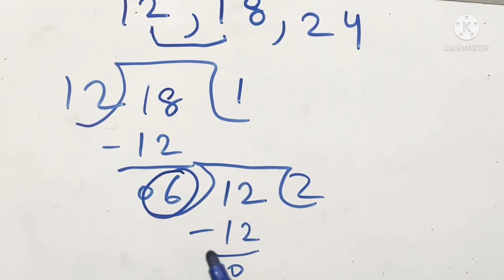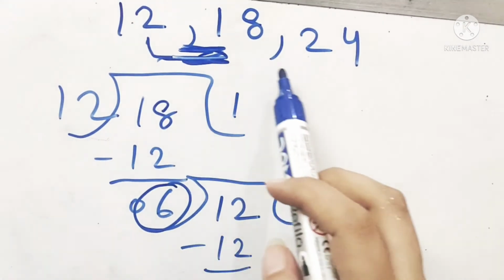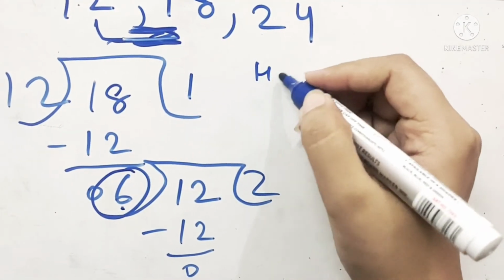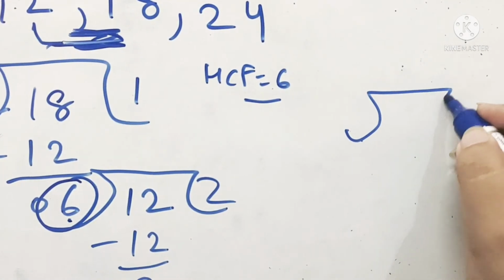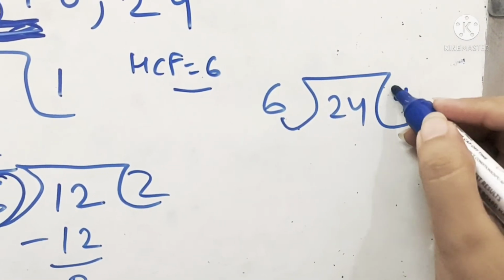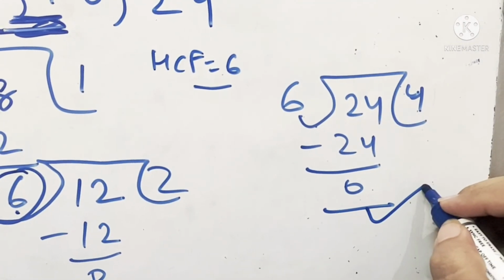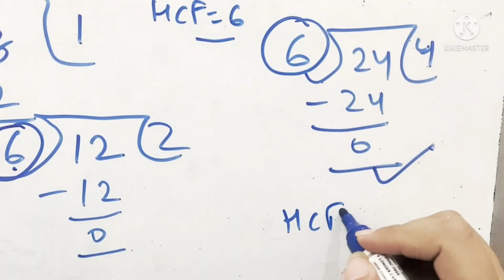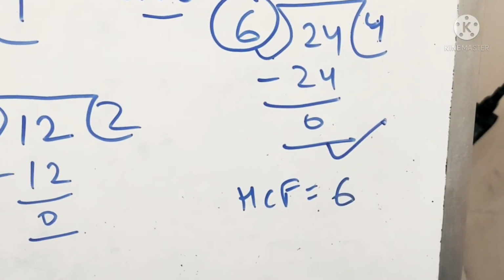But keep in mind that this time this HCF which we have got, 6, is of the first two numbers. But we have to find the HCF of these three numbers altogether. Now what we will do is we will take this 6 which we have got as the answer. That means the HCF of the first two numbers is 6. Now we will divide this last number with the HCF. That means 6. So it will be 6 into 4, 24. So that means the answer has come out to be directly that is remainder is 0, but the divisor which gave me 0 was 6 again. So that means the final answer is 6 only. So the HCF of all these three numbers which were 12, 18 and 24 is 6.